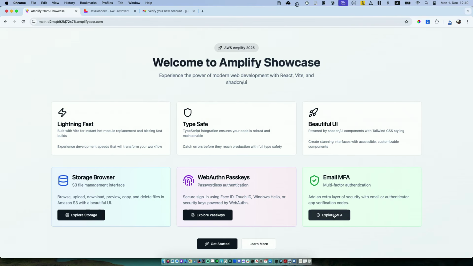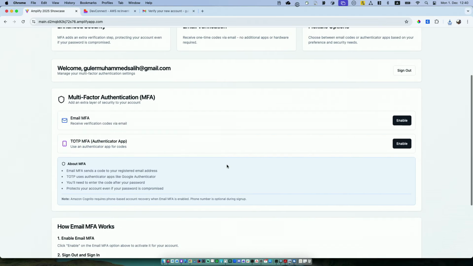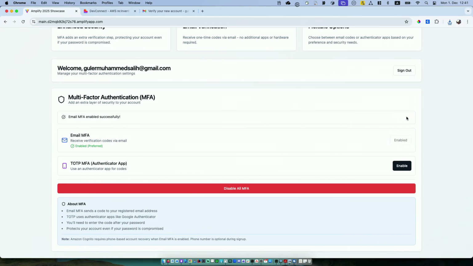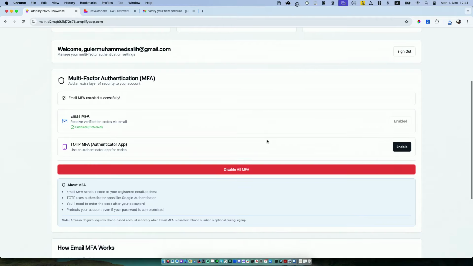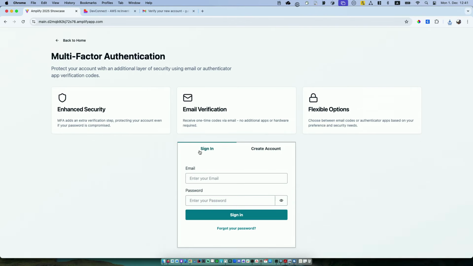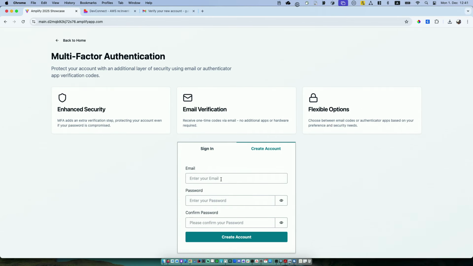And I want to showcase the multi-factor authentication as well. Last year, we announced TOTP, so you can use the authenticator apps like Google Authenticator and Authy and so on. And you can enable it with one click or one call to the APIs. And this way, now if I sign out and if I sign in,